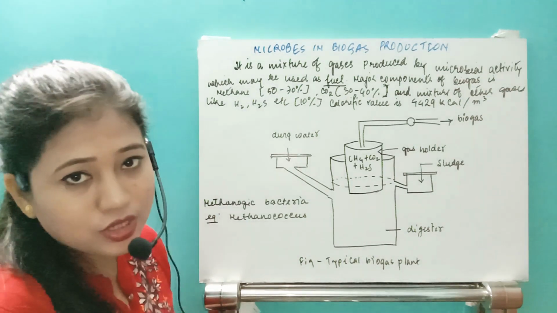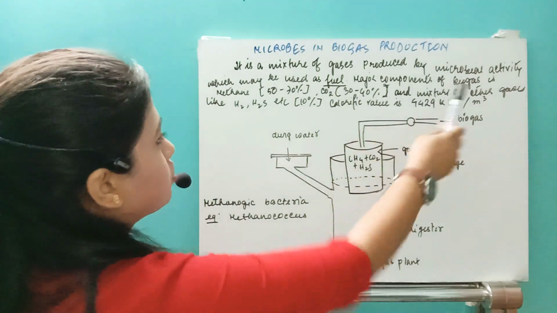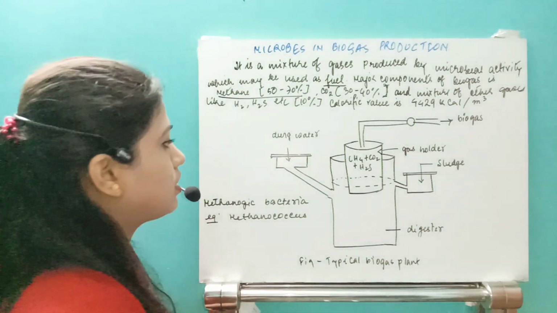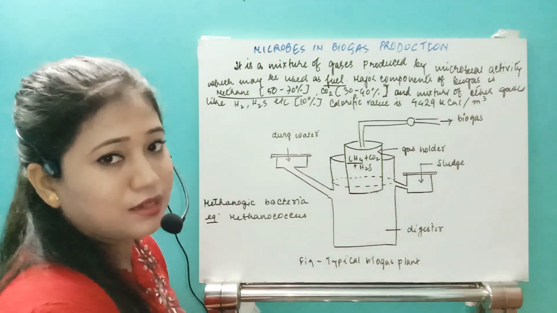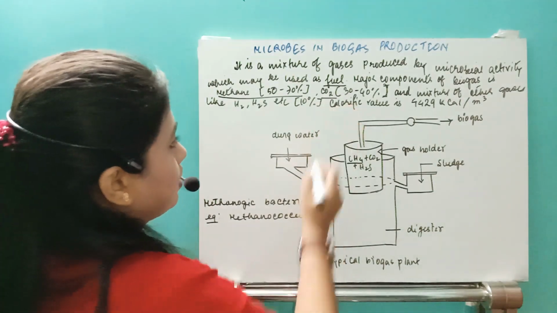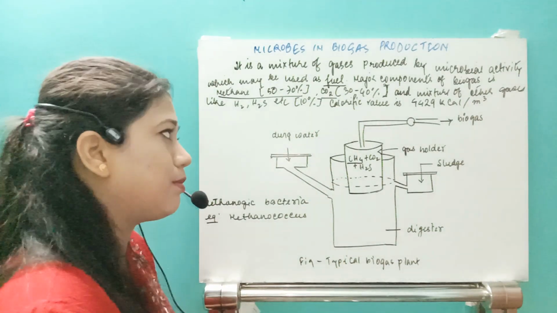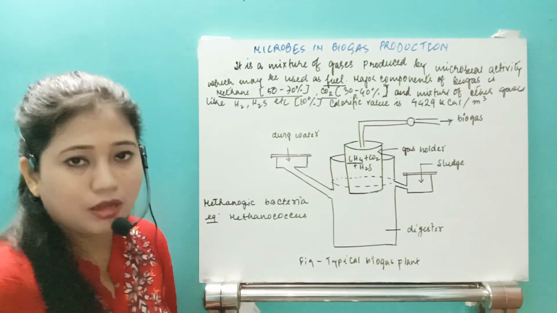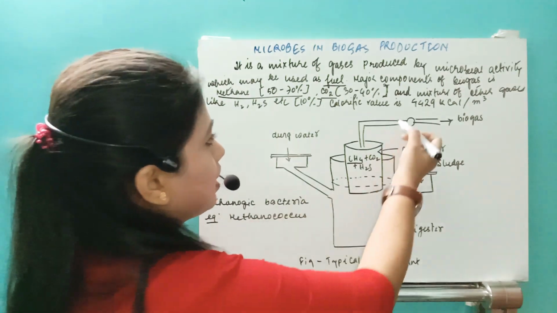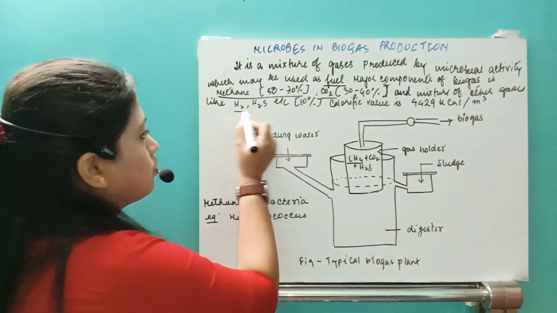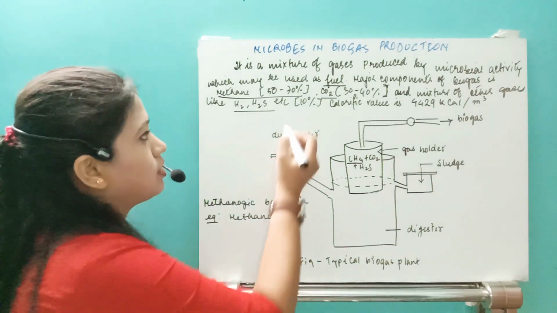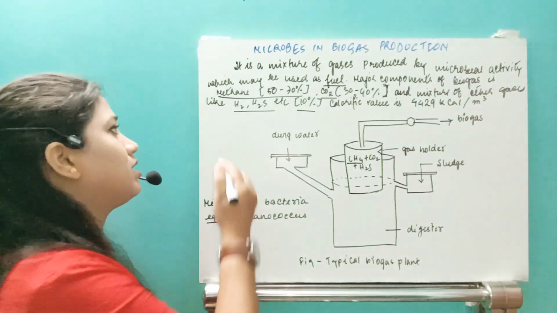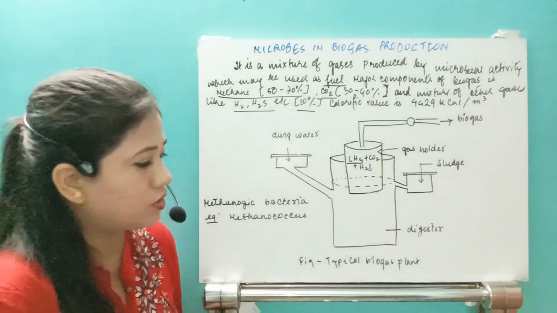What are the chief components of biogas? The major component of biogas is methane, 50 to 70%. So methane is produced in the highest amount. After that is carbon dioxide, around 30 to 40%, which is the second most abundant, and then a mixture of other gases like hydrogen sulfide, etc., around 10%. What is the most inflammable gas here? That is methane, around 50 to 70%.